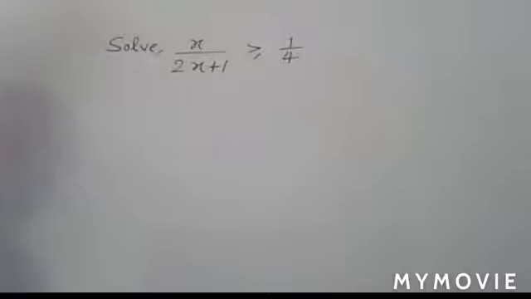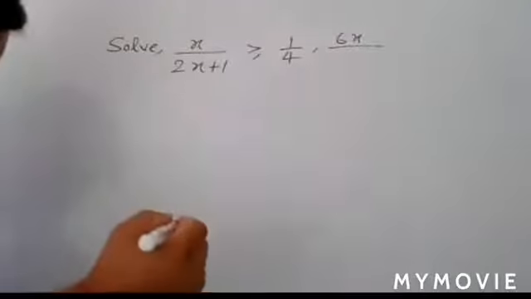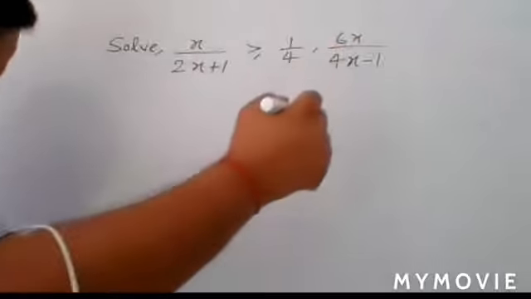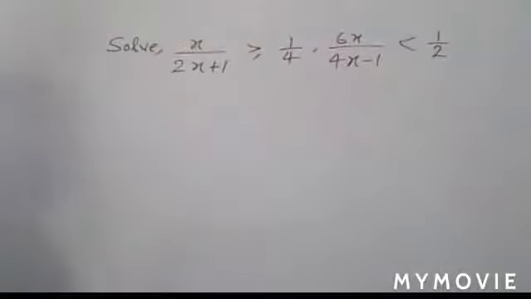And your second inequality is 6x upon 4x minus 1 less than 1 upon 2. So first of all, you try to solve both inequalities individually, and then you